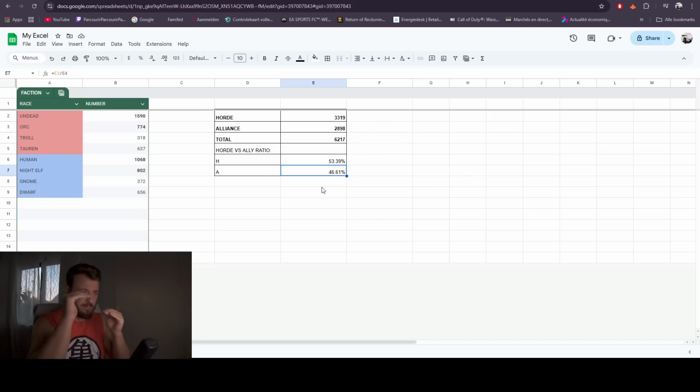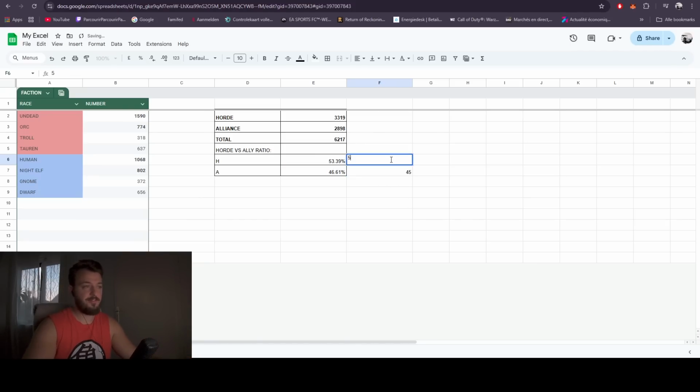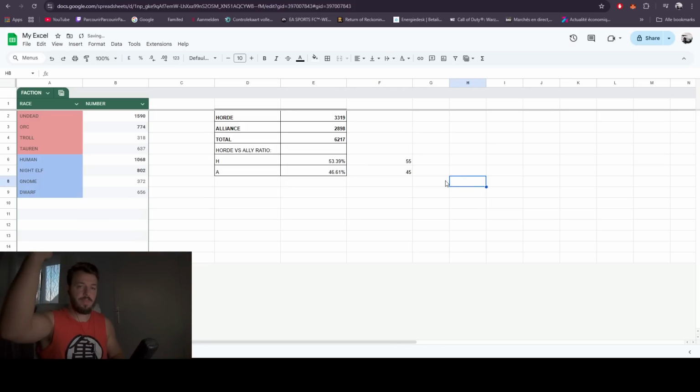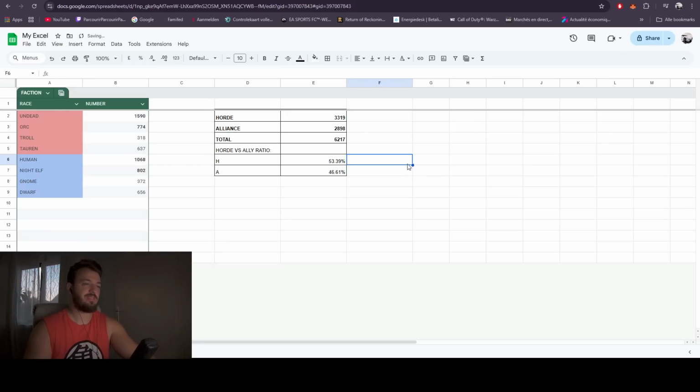And that is constantly moving. Obviously, it could be a bit lower on some days. It could be a bit higher on other days. There is also cross-faction characters, so you could literally make a night elf if you're horde. So you can always do that. But the percentiles are between 45 and 55. It never really goes beyond that, and it never really goes below that. That's something you should know. I've done it multiple times throughout the days, but now I want to make this video so people understand how healthy the population is on